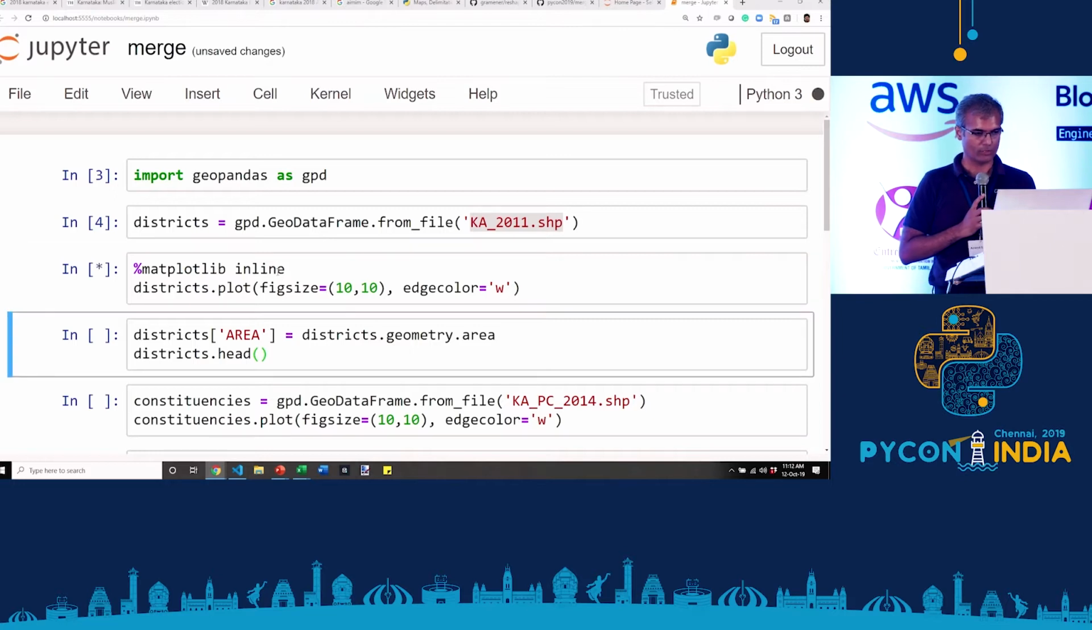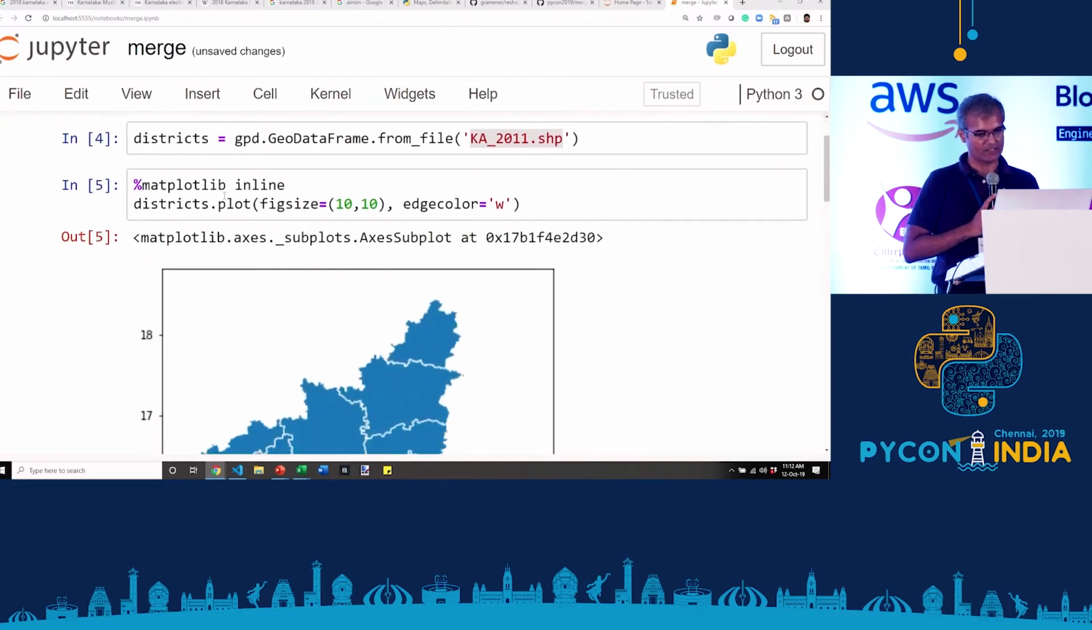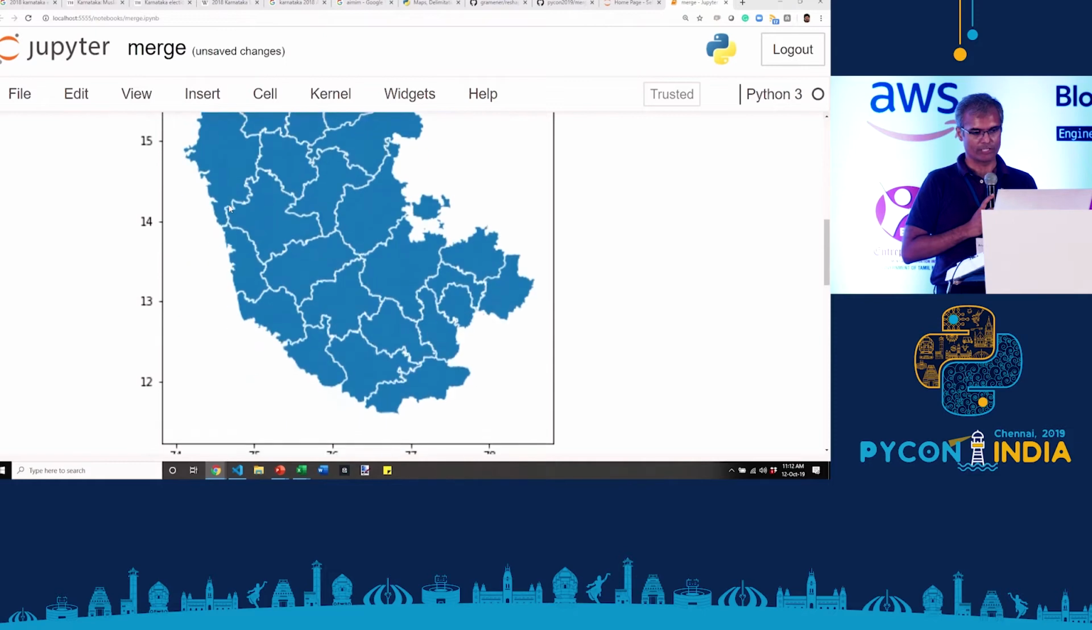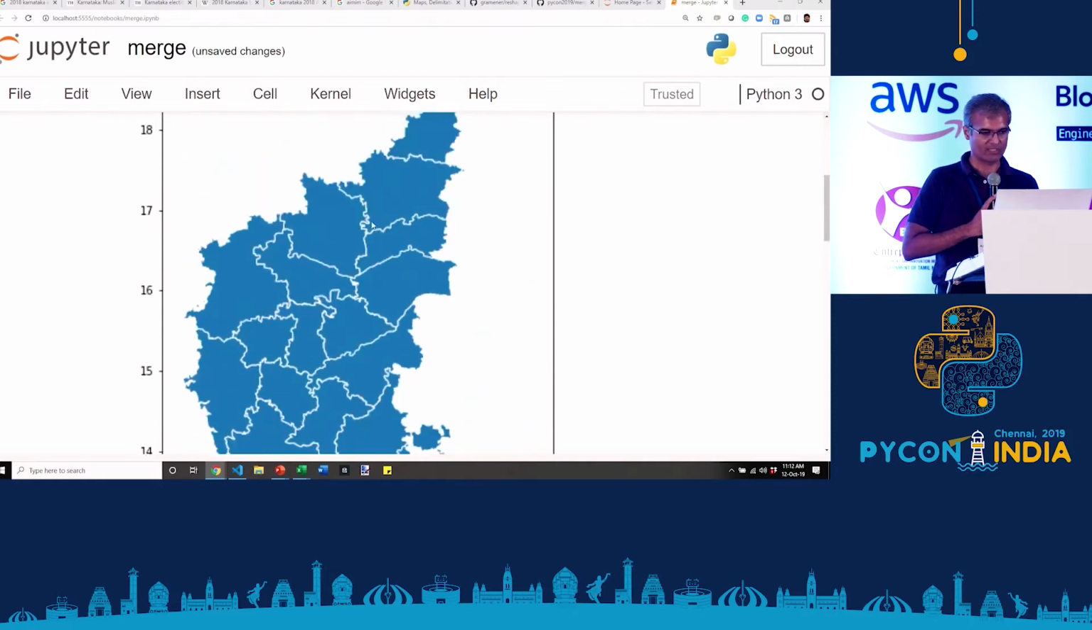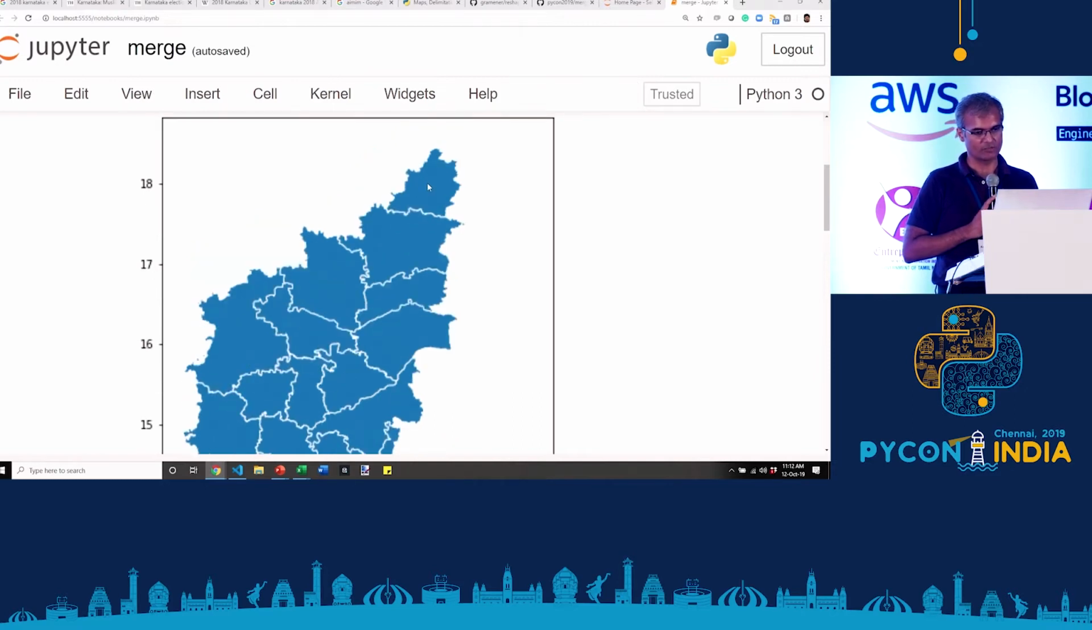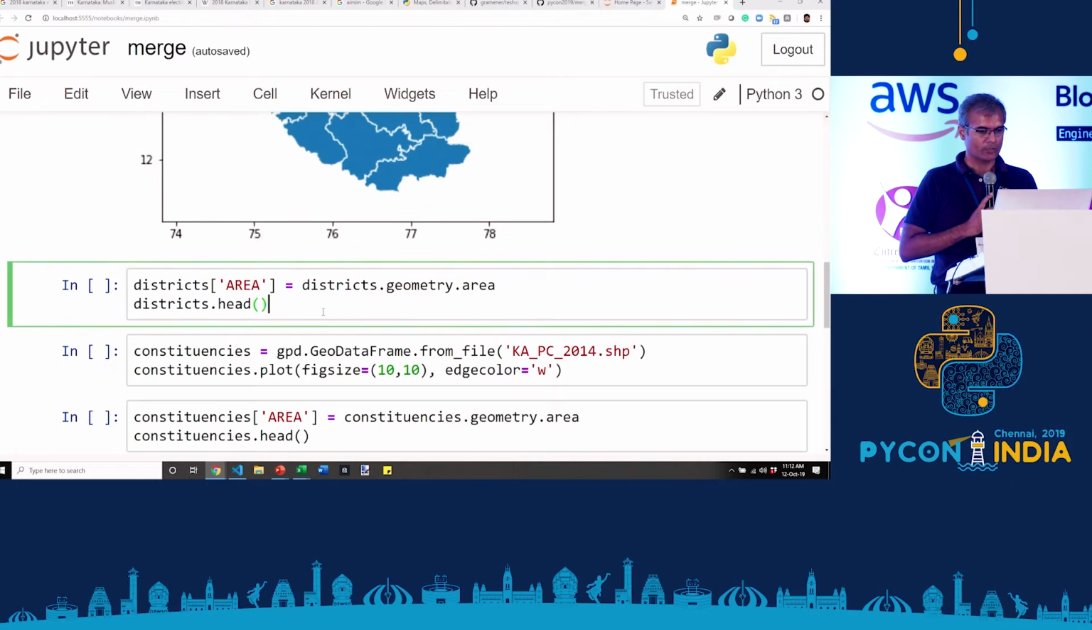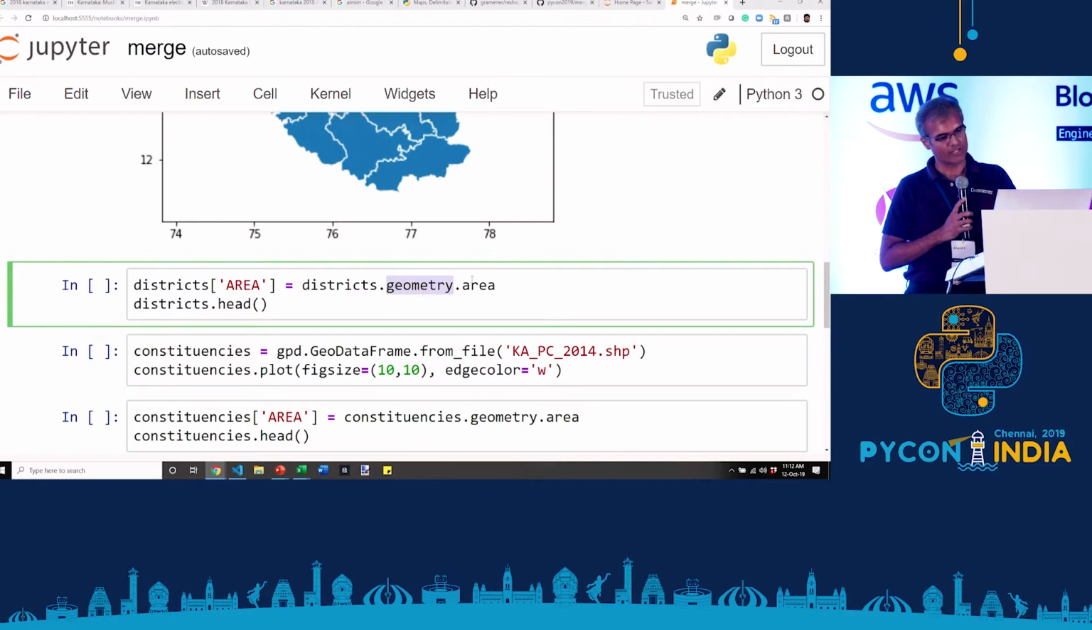And what does this look like? GeoPandas has a plotting function which lets you see what the map looks like. So if you look at these districts, this is a pretty large district. This is Bidar and so on. Now let's take the area for these. GeoPandas offers an attribute called .geometry, which has an attribute called .area, which gets you the overall area of each